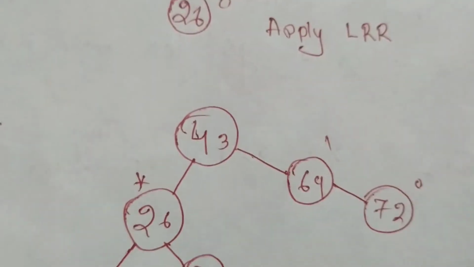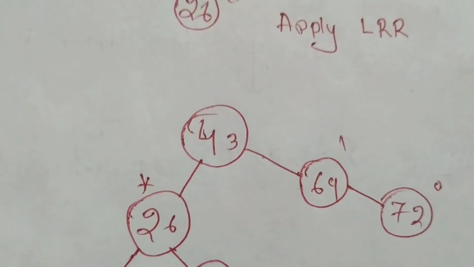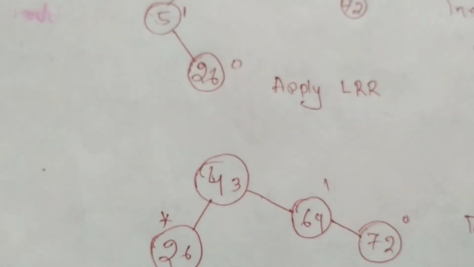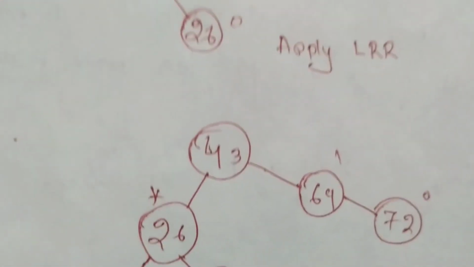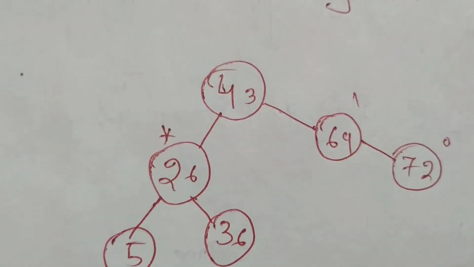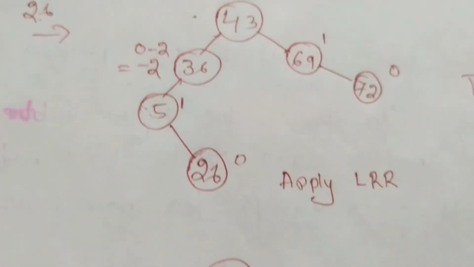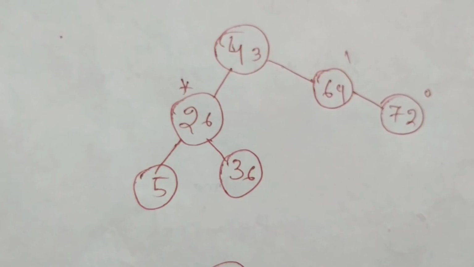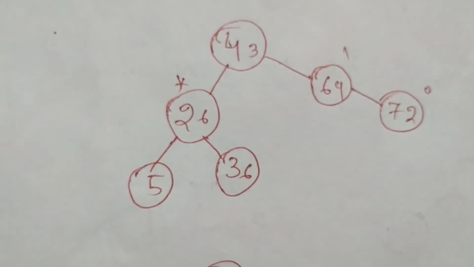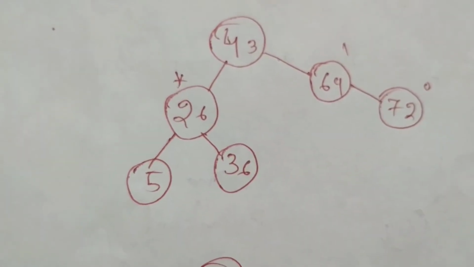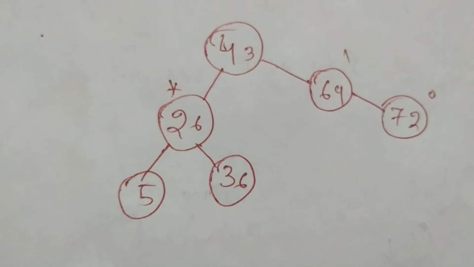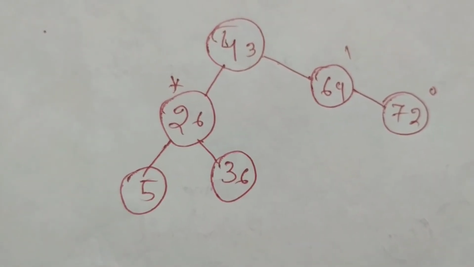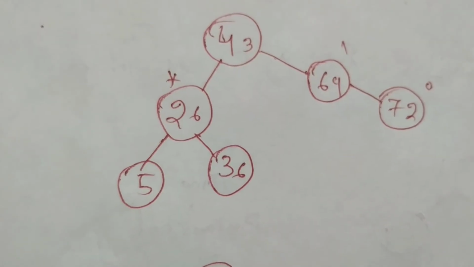Okay. So here you can see 43 is the root node. It's at its place position. Then there is the problem at 36, and its balance factor was minus 2 previously. So we have to rotate it from left to right. When we rotate it, 26 became the root child, 36 became the right child, and 5 became the left child. Here the balance factor is correct. You can find the balance factor everywhere. For each and every node, it lies between 0, 1, minus 1.